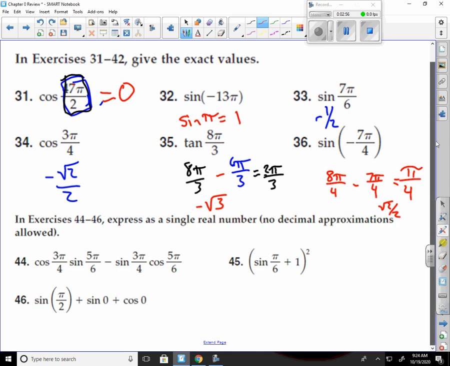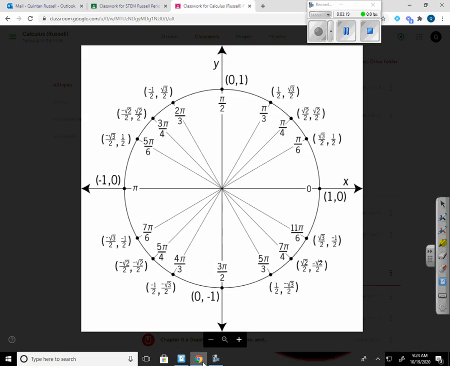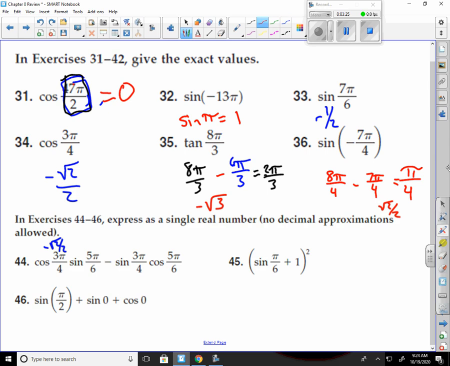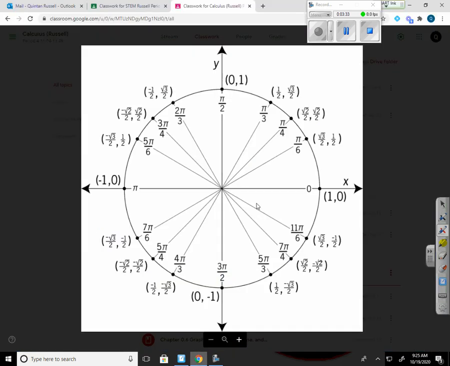Let's move down to the next section. Express as a single real number, no decimal approximations allowed. So first I have to find the cosine of 3 pi over 4. Cosine of 3 pi over 4, as we found up here, is negative root 2 over 2. Now take the sine of 5 pi over 6. Sine of 5 pi over 6 is 1/2. So that's times 1/2 minus sine of 3 pi over 4,